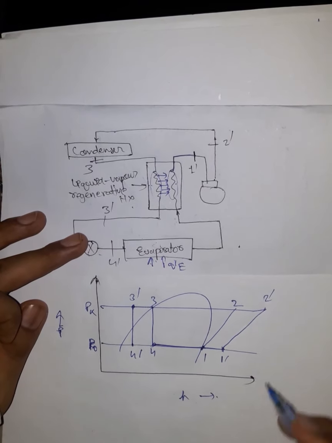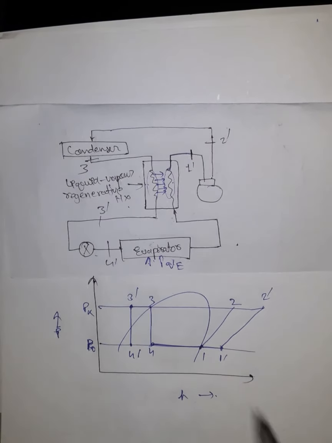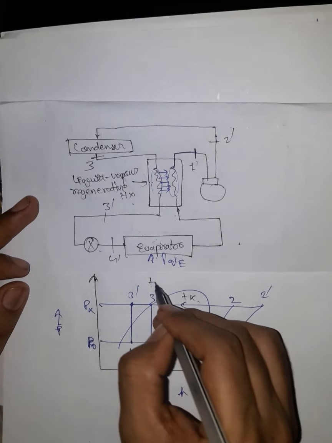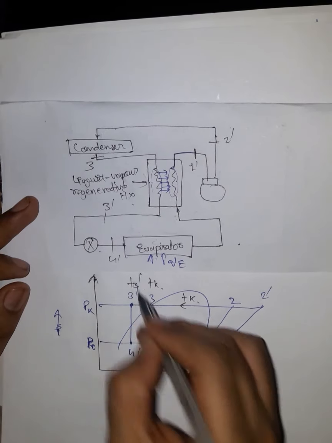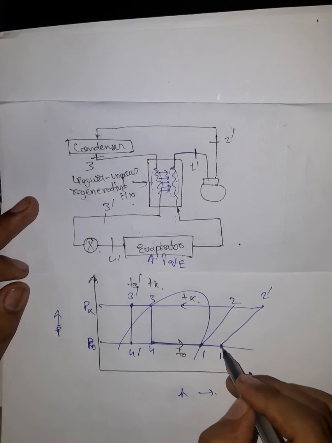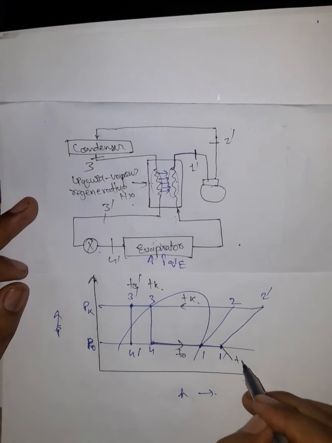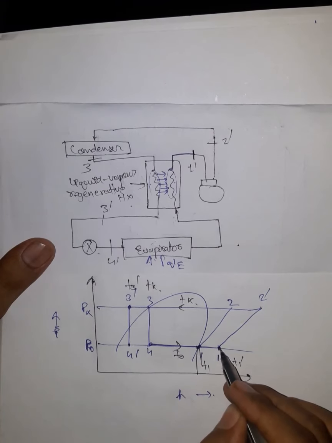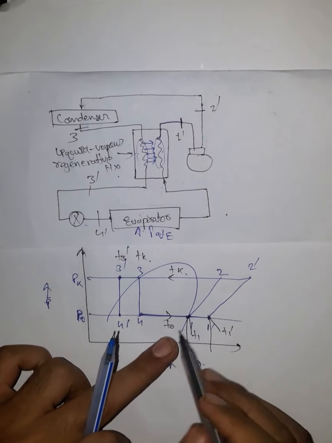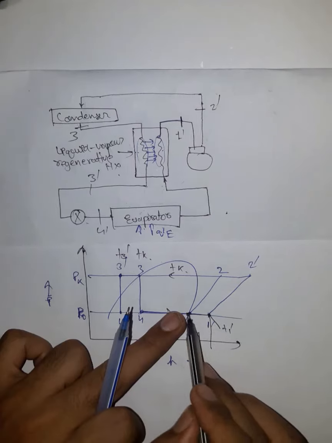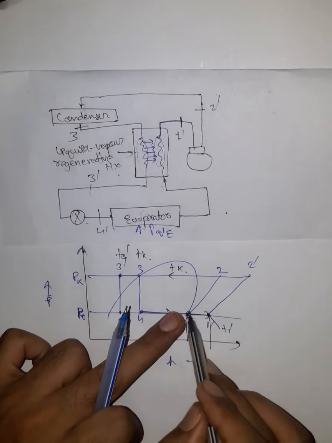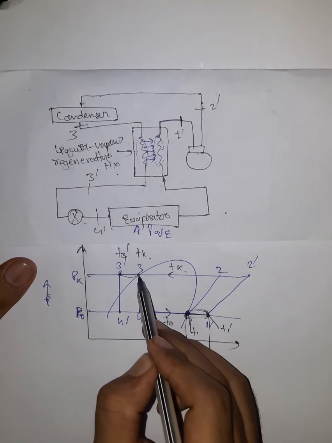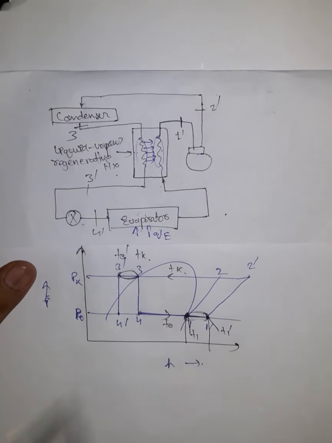Okay, and so this is representing over here, this is TK temperature, this is T3 dash, this temperature is T1 dash, this temperature is T1 dash, and this temperature here is T1. Okay, so now what happens over here? You can see that from here now we are heating, that superheating is done from this. So the heat for this superheat comes from the heat released from this water during its subcooling.